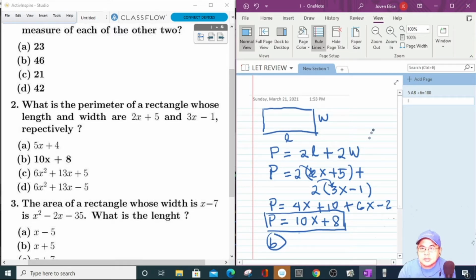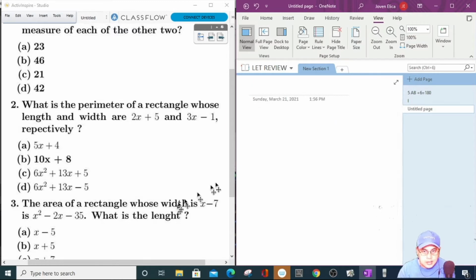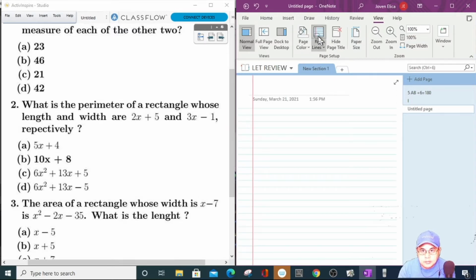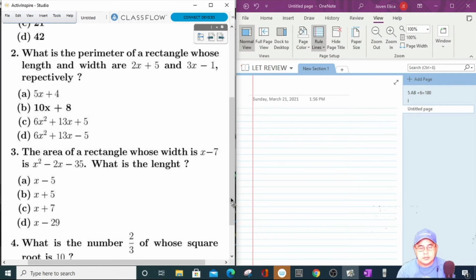Right, so let's proceed to number 3. Question number 3. In the actual exam, guys, you have to be very fast. Since this is just a review, I'm not pressuring you, I'm not pressuring myself to solve the problem so that we can really understand. But in the real exam, you have to answer the questions carefully and as fast as you can, because the exam is under time